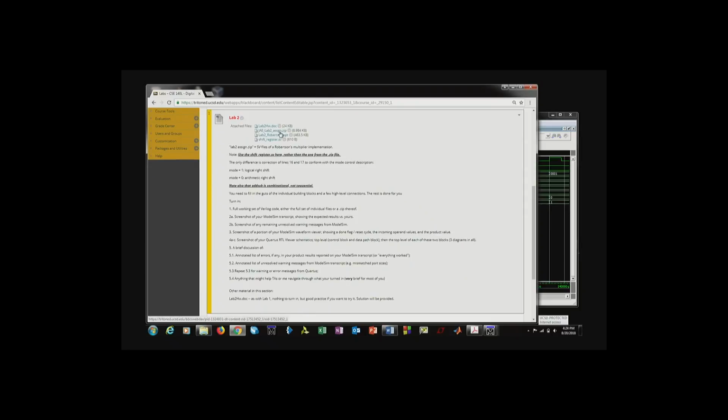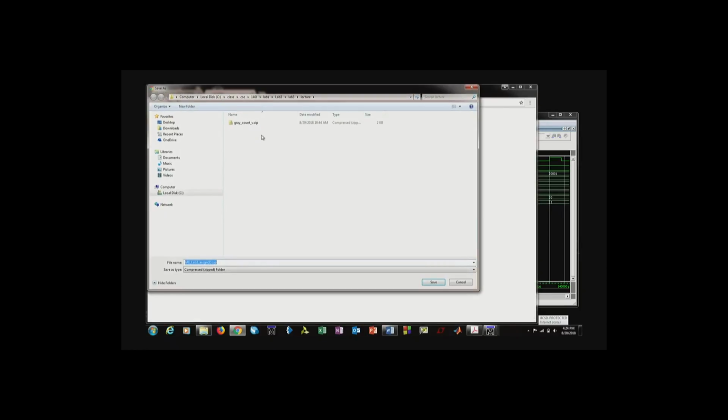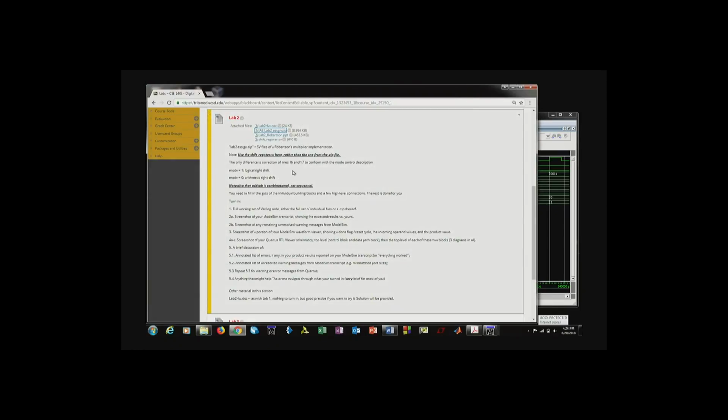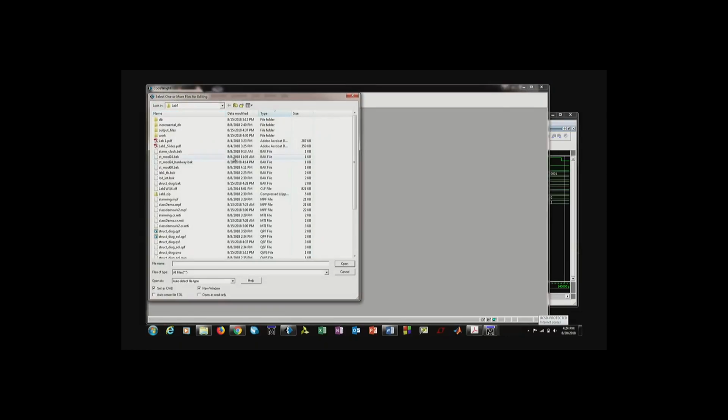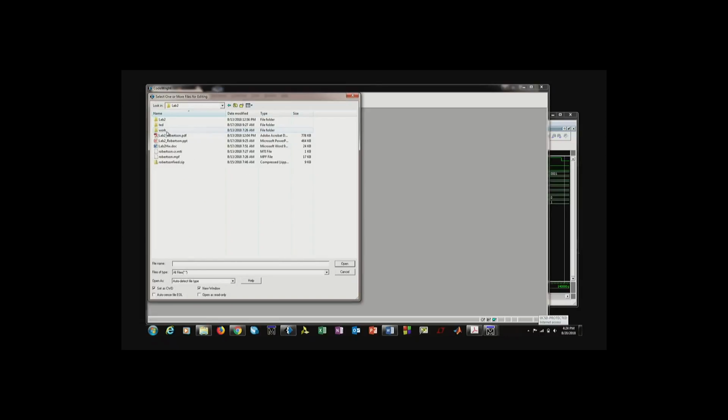So basically what you do is you unzip this and you go through that. What that's going to give you is, in fact, I'll just pull it up and show you. It gives you a whole bunch of Verilog modules. And I'm doing the reverse. In Lab 1, I gave you the lower pieces and had you stitch them together. Lab 2, we're taking the opposite approach. I'm giving you the top level and having you flesh out the details inside the different pieces. So if we go over to lab 2 here,